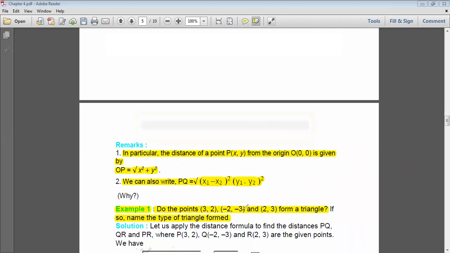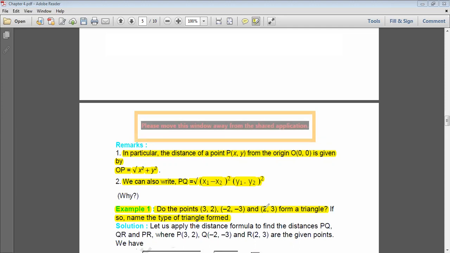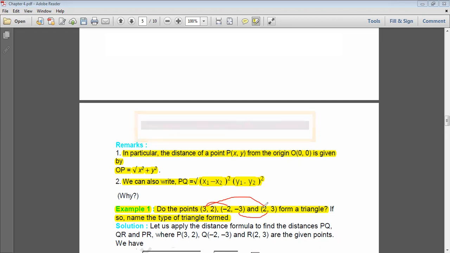We are actually given the points only. So what do we have to do? First of all, we have to find the distance between all these points. First you have to find the distance between the first two points, then the first and last points, then the last two points. Then we can check whether this condition we can apply or not. If it is valid, then you can apply it. Clear?